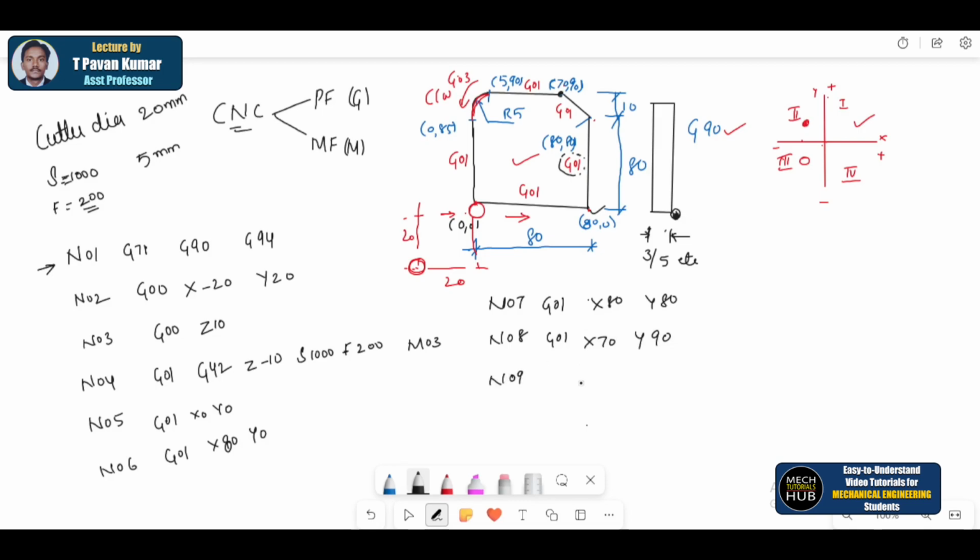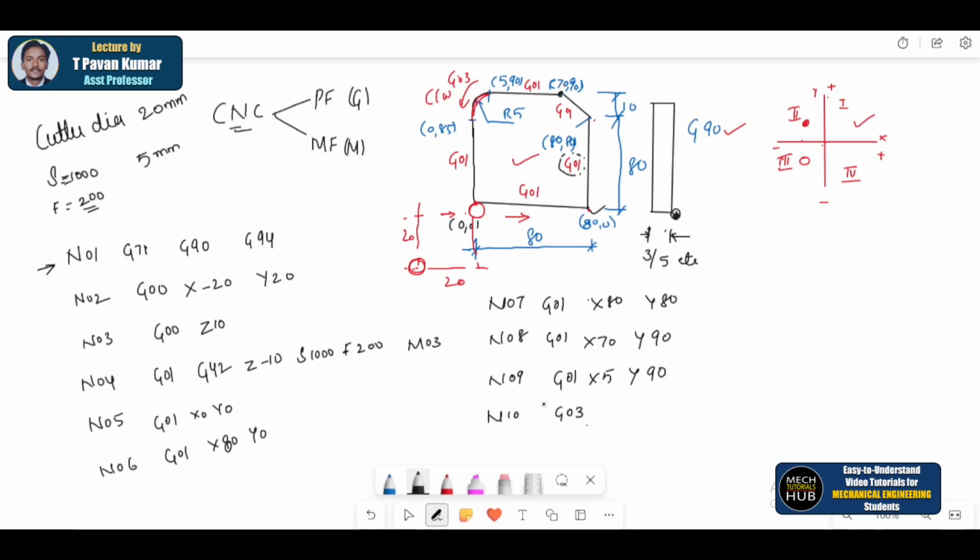N09, G01 again. What is X and what is Y at this point? X is 5, Y is again 90 mm. Alright, now the tool is at this point. From here to this point it is going to be 0, N10,